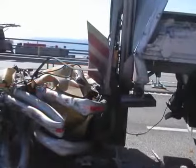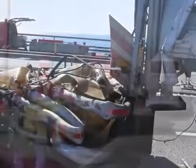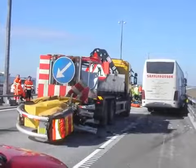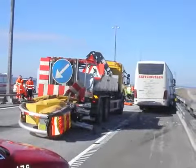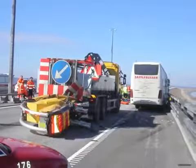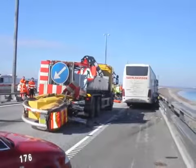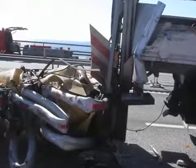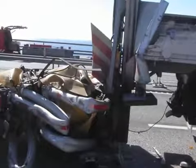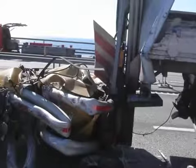The unique design of the Scorpion impact attenuator safely decelerated and redirected the bus away from the construction work zone. Unlike other competing attenuators that are not designed to redirect after impact, all of the occupants on the bus and in the construction zone were safe. A tragedy was avoided by the use of a Scorpion truck-mounted attenuator from Traffix Devices on an important arterial highway